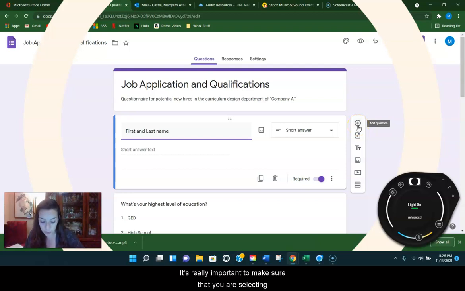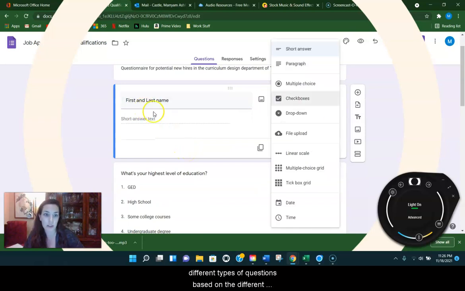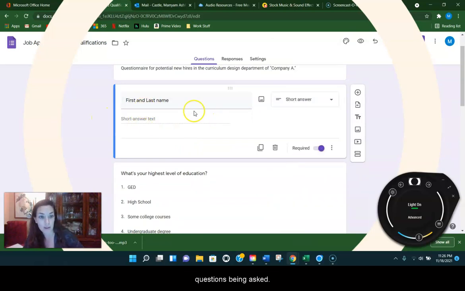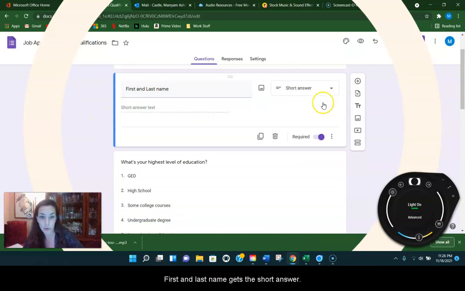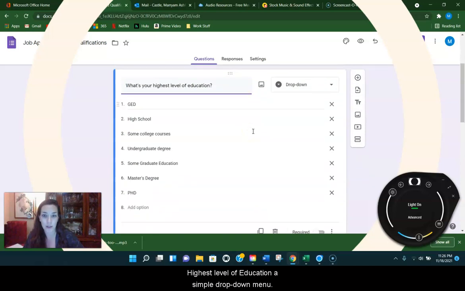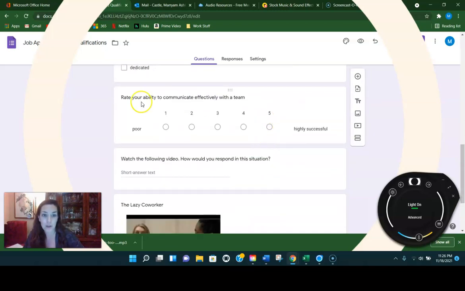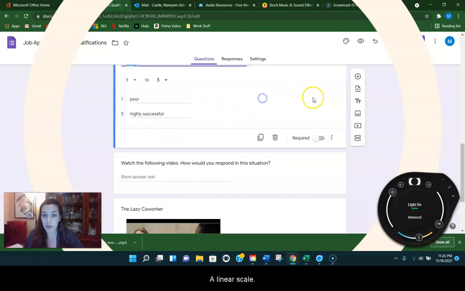It's really important to make sure that you are selecting a question frame that's appropriate for the question that you're asking. So as we scroll down here, you can see that I've selected different types of questions based on the different questions being asked. First and last name gets a short answer, highest level of education, a simple drop-down menu, character traits fitting a personality, checklist, rating and ability to communicate effectively with a team, a linear scale,